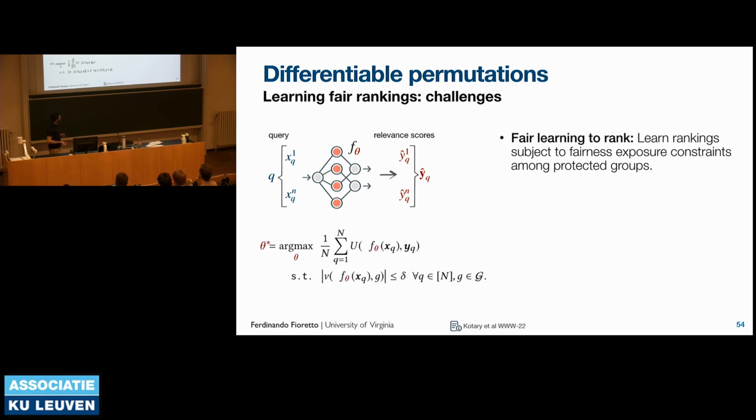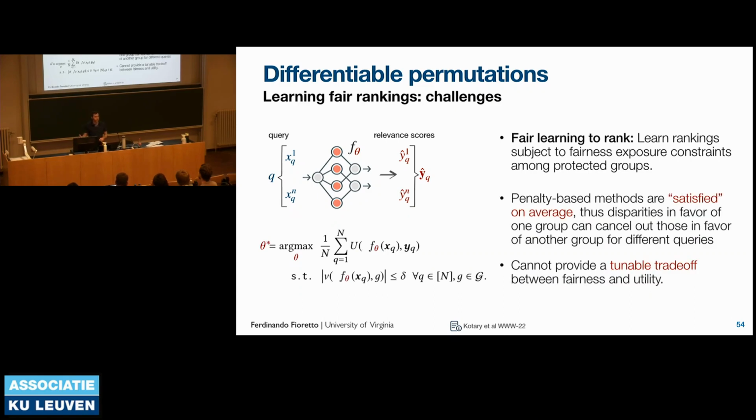Now, in fair learning to rank, what we want to do is to also add a component that tries to look at different groups and have those relevance scores displayed fairly across different groups. So something that you could do is use a penalty-based function, similarly to what I covered in the previous part of the talk. So you have your empirical risk problem, and then you would say, okay, if I have, for example, males and females, I want the average relevance of males to be equal to the average relevance of females. Or maybe their difference be bounded by some arbitrary constant.